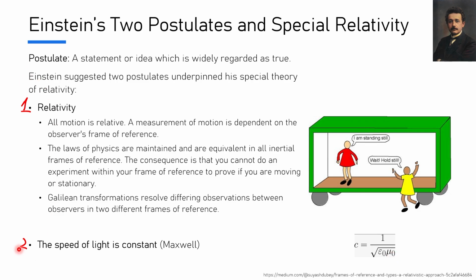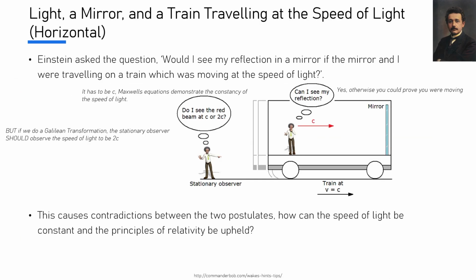So both of these being postulates of Einstein's special relativity, Einstein was emphasizing that both had to be true. However, based on the current understanding of physics during this time, he was able to assert that the two postulates in certain scenarios no longer worked with each other anymore, and that essentially our understanding of physics had to change if these two postulates were true. This brings us to Einstein's thought experiments.